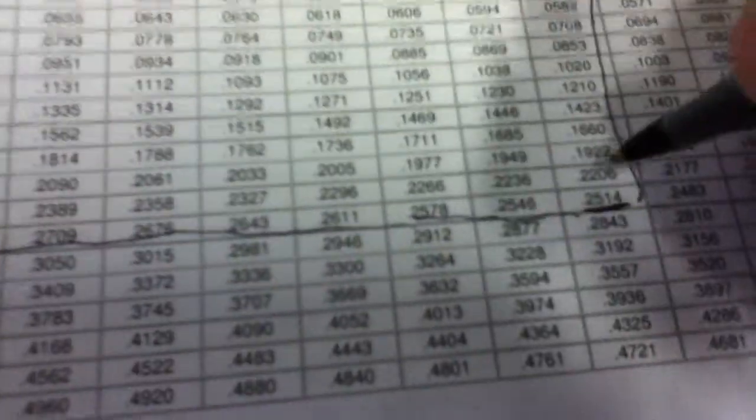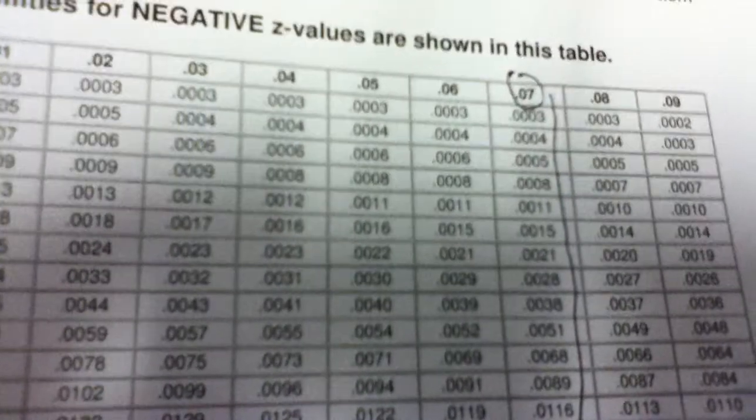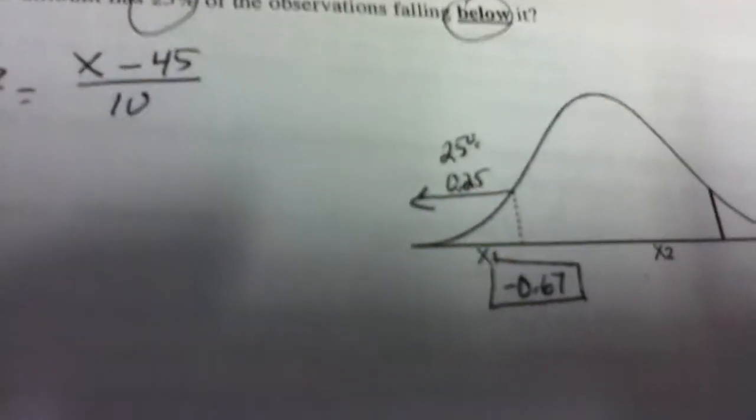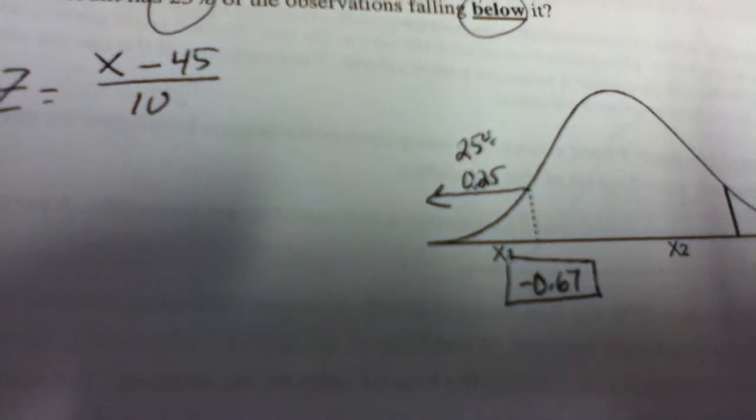Negative 0.67 is the z-score that gives me 25% below. We place that in the z,